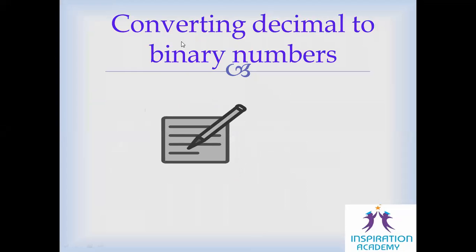Now let's discuss how to convert decimal numbers to binary numbers. As the base of the binary number system is 2, we should divide the given number by 2 until we get 0. And we should put the remainder in front of the number, and we should finally get the numbers below 2 up, and that number which is made of 1s and 0s will be the binary equivalent of the given decimal number. Now we will see some examples.